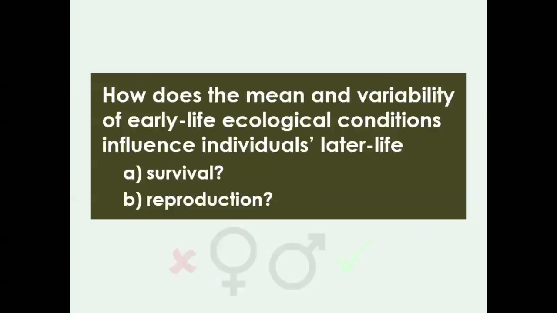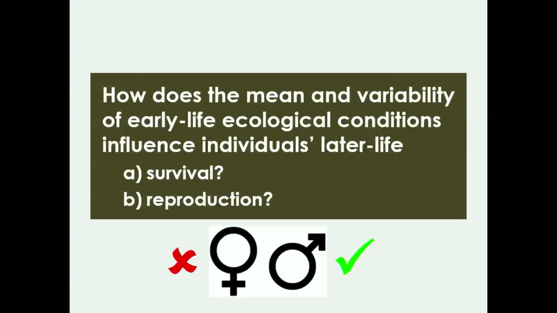in adulthood. And very briefly, I'm not going to go into this in a huge amount of detail, but firstly, we find that there's almost no effect in females. So female survival and reproduction is completely unaffected by their early life environment, but there are strong effects in males, and this is what I'm going to focus on now. If you'd like, I can talk to you more about the sex differences afterwards, but there's not really time to talk about both these results in this talk.